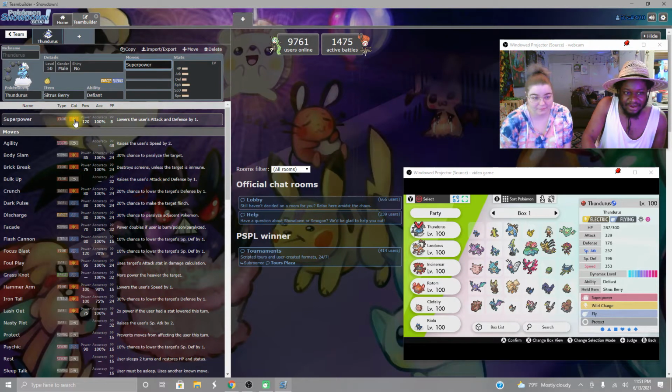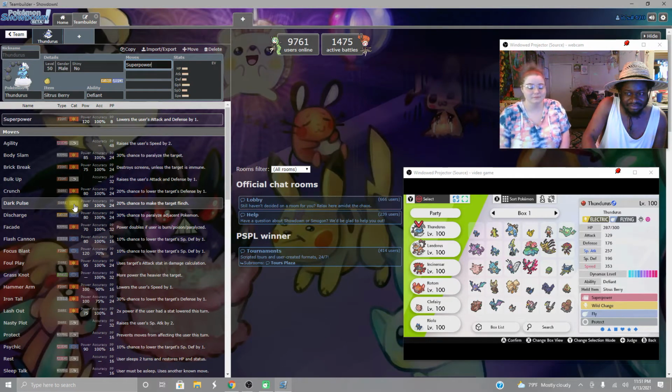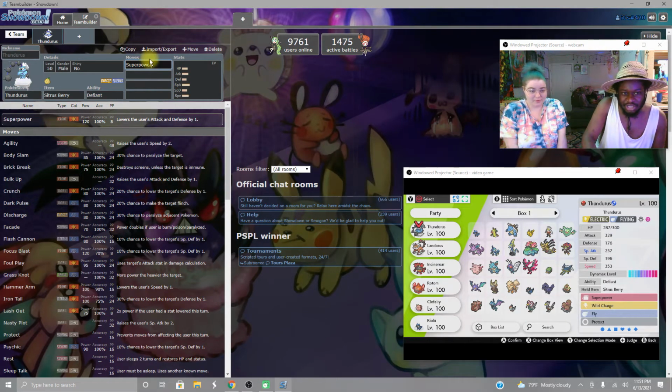and Dark Pulse. Okay, let's pick on this move real quick. Dark Pulse is a special type move. It does special damage, and we don't want to teach Dark Pulse because it's not a physical move. It's a special move. It'd be good for a special Thundurus, but not good for a physical one. So Superpower,